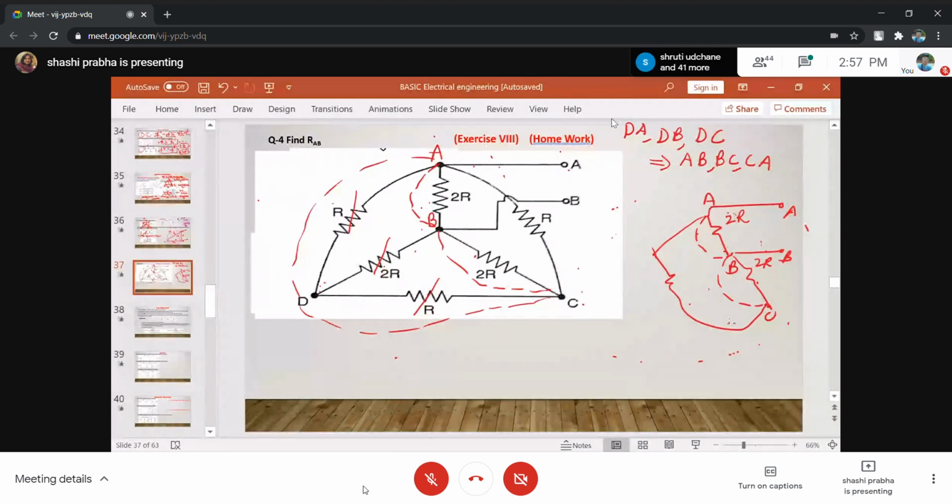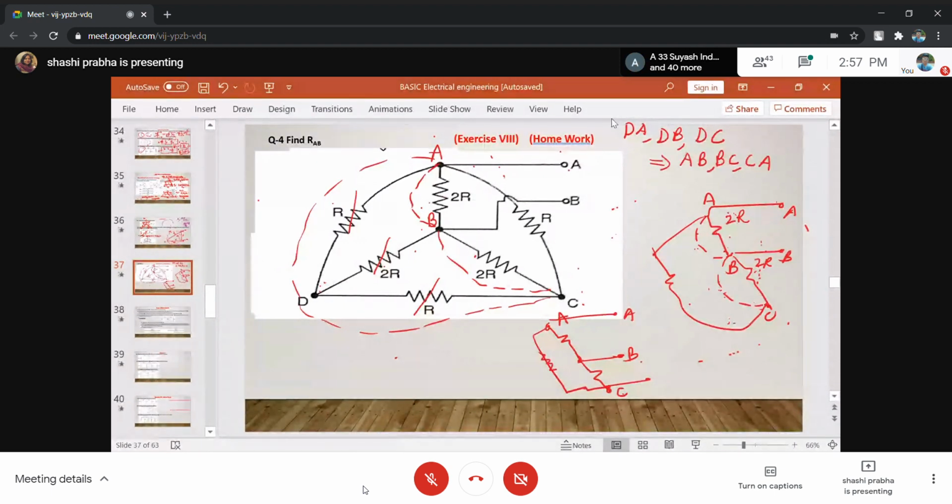So now can you find the resistance between A and B? Now C has no value. So what do we do? These two will come in parallel. Then this and this, because C is not important. These two will come in parallel. This one and this will come in series. And then this and this once again. This can be combined. This is A and this is B. And these two can be combined.